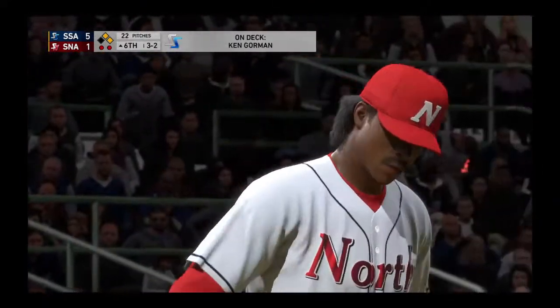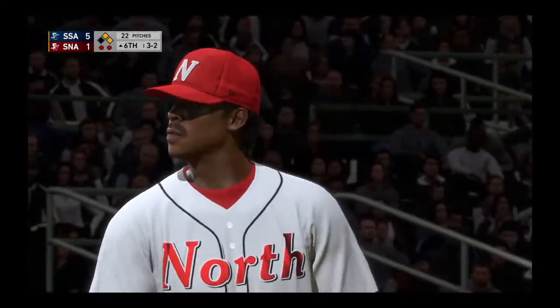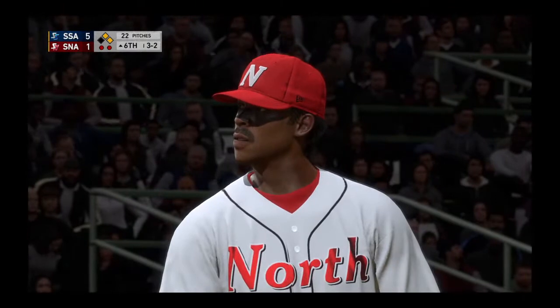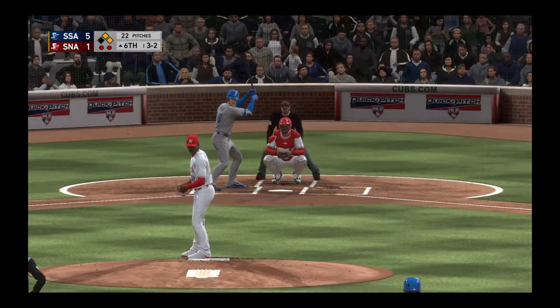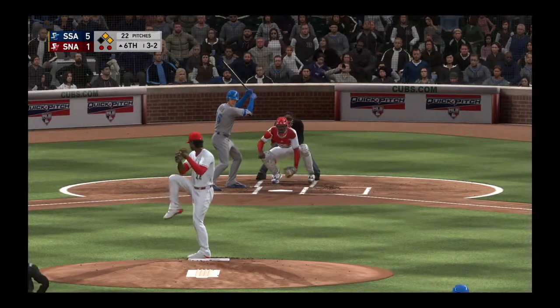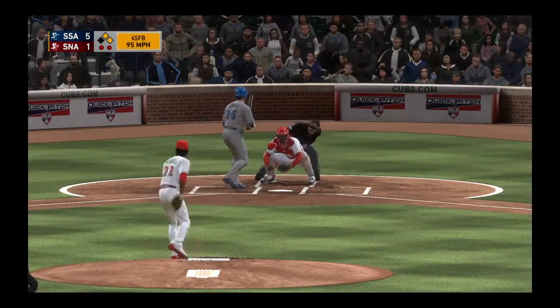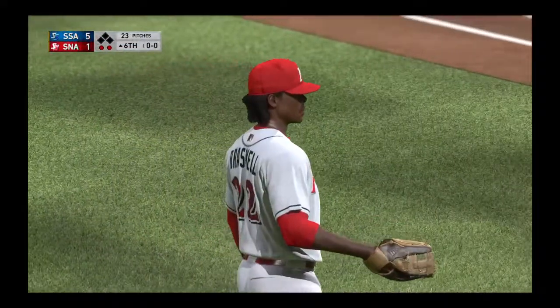It's ball 3. For the guy on the mound, this is one of those innings where nothing comes easy. He's thrown a bunch of pitches, and this AB hasn't been any different. Definitely laboring at the moment. And the payoff pitch. And he takes ball 4. So a good job out of the 9-hole in getting on base as we go back to the top of